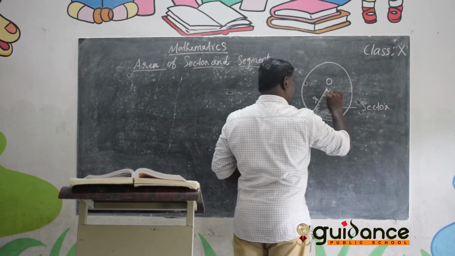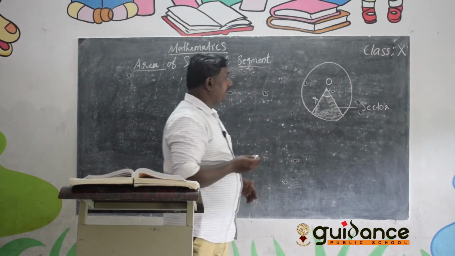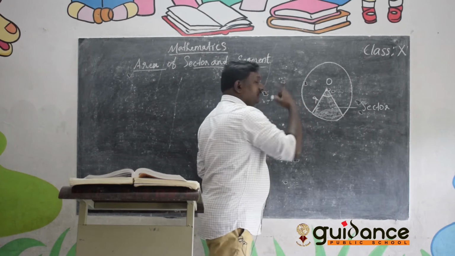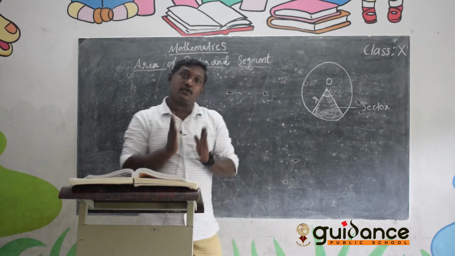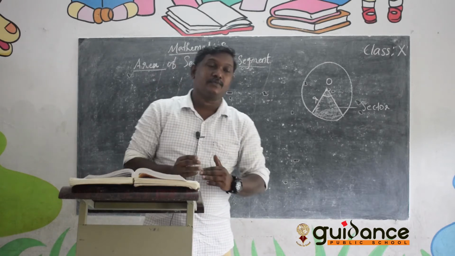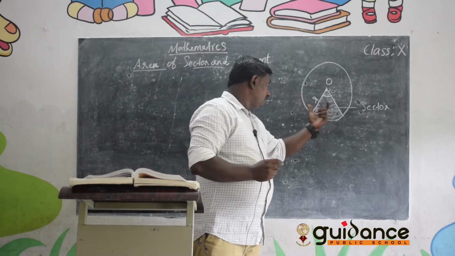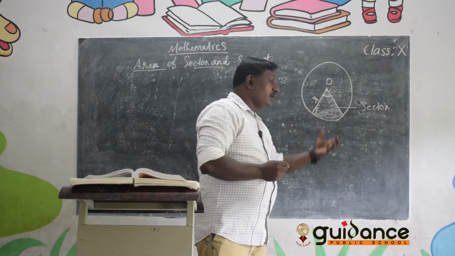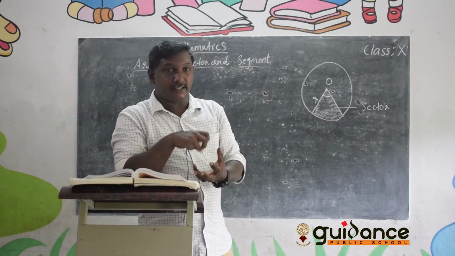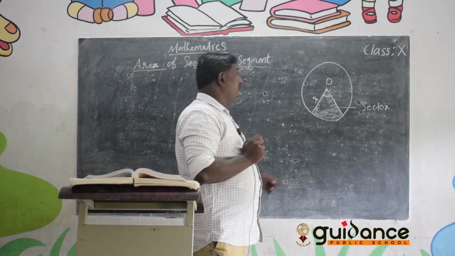So there is one angle, the center angle, that will be there. They have a radius, and it is enclosed by two radii. That is a part of a circle, and we can say that it is a sector. So you understand what is meant by sector, what the shape of the sector is, and what things are included in the sector. All of that you can check from the picture.